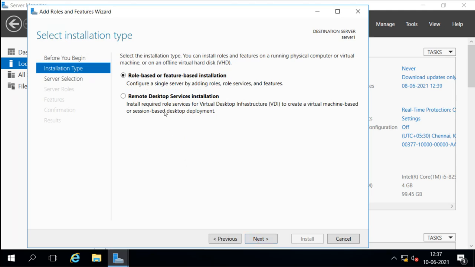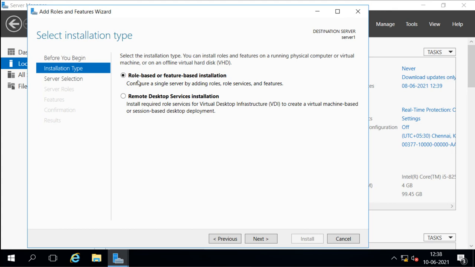Now here it is asking about the installation type. Installation type, that means you want to do role-based or feature-based installation. This is to configure a single server by adding roles or services and features.